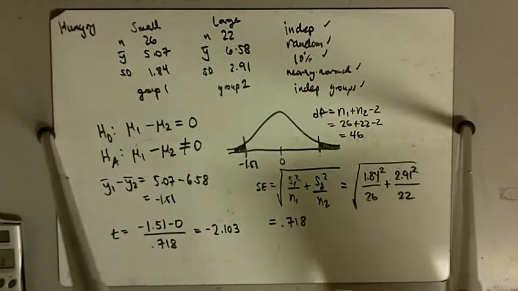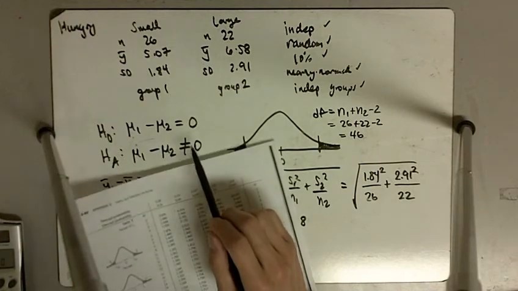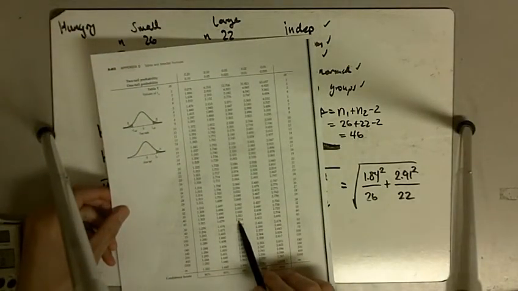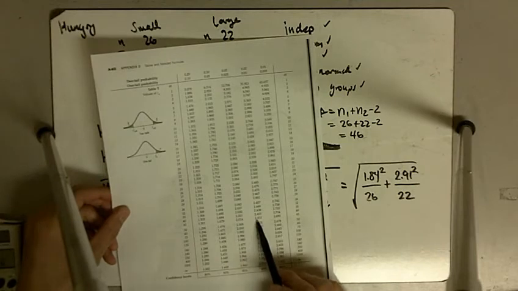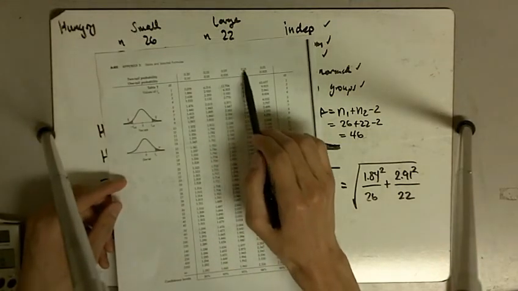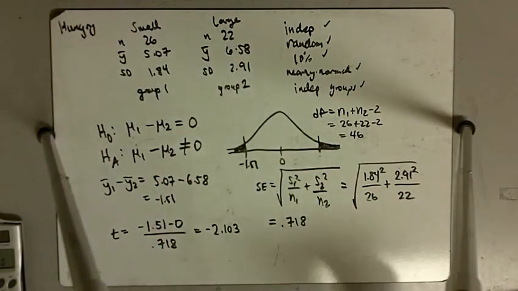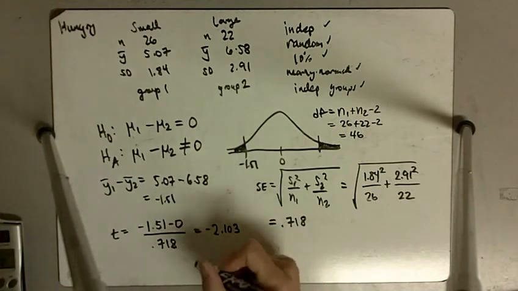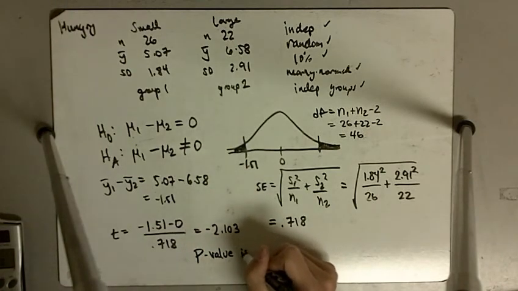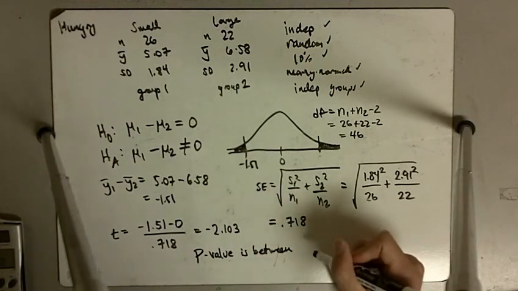Oh, I'm sorry, for two-tail probability, we're looking at a two-tail test because it's not equal to. So our p-value, again, we're between 2.01 and 2.41. So our two-tail probability is between 0.05 and 0.02 because it's a two-tailed probability. So our p-value is between 0.05